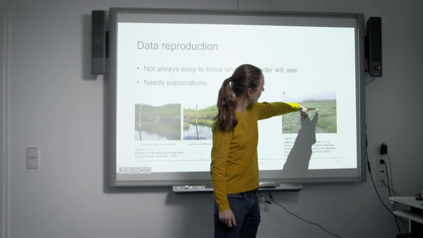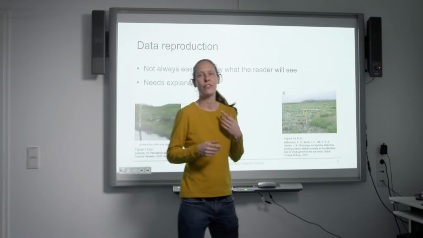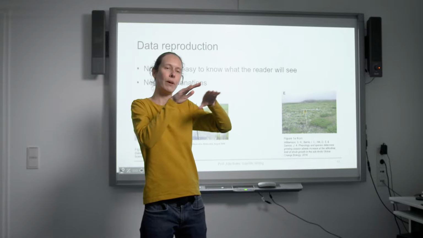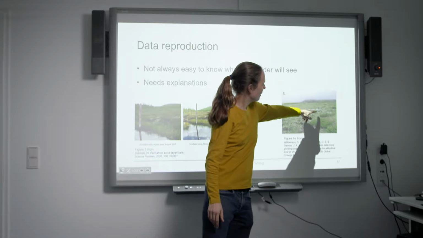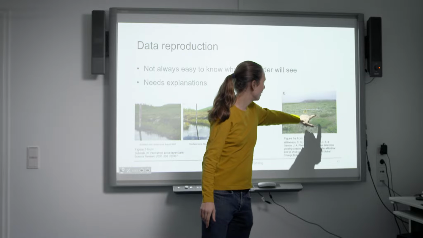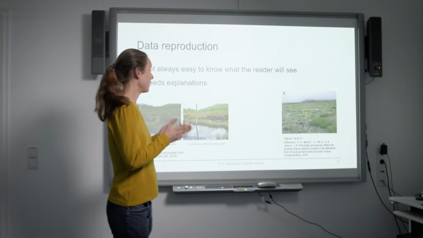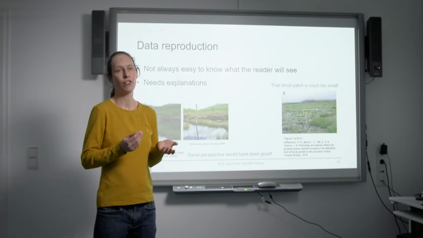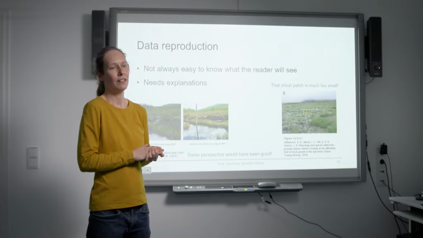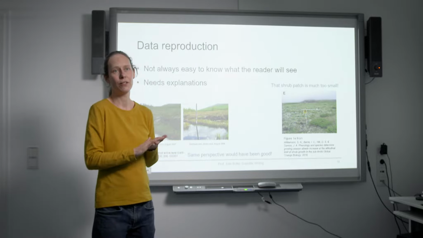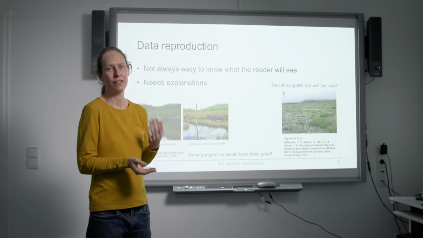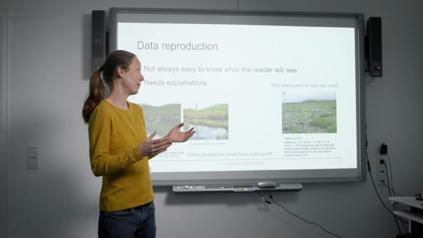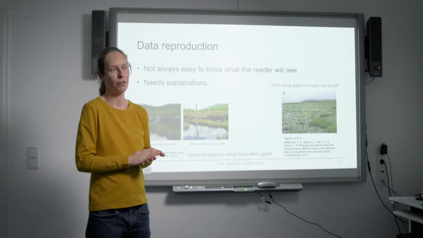And if you know these instruments here, the radiometer that measures the radiation above the shrub patch has a view angle of almost 180 degrees. So this sensor doesn't only see the shrub patch, but it sees a lot of this other tundra as well. So basically, from presenting this picture in their paper, it's clear that the shrub patch is just too small and that the measurement results are not clear enough to support their hypotheses or their findings, as they should have used a bigger shrub patch, for example, if they really want to talk about shrub